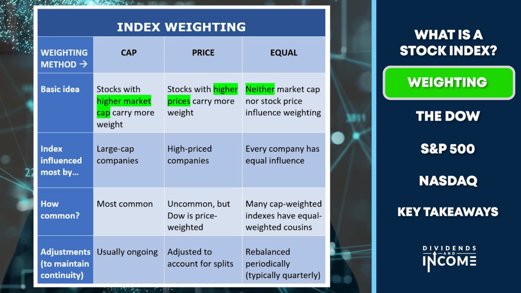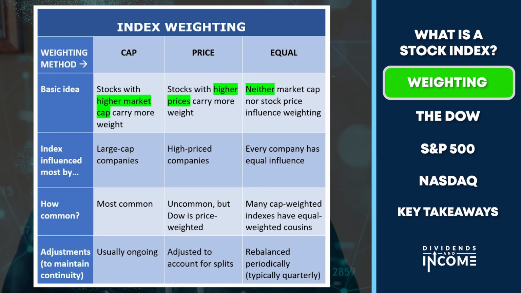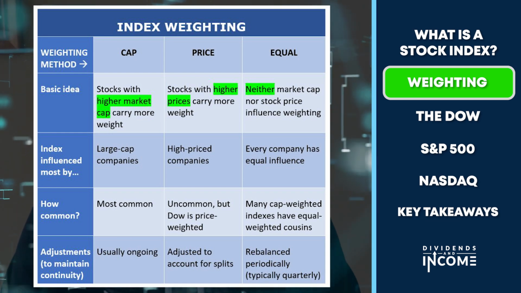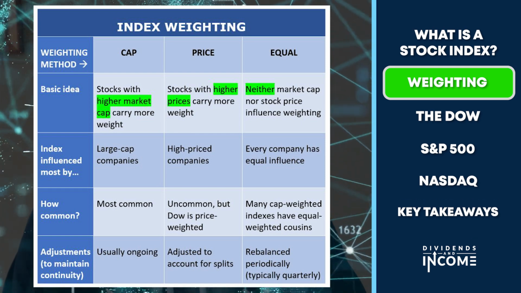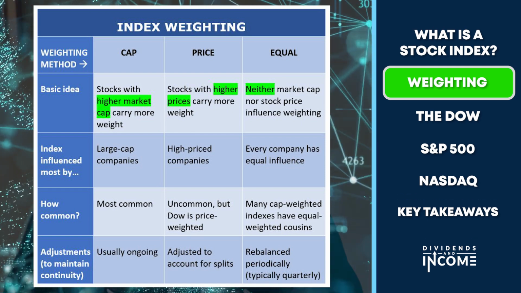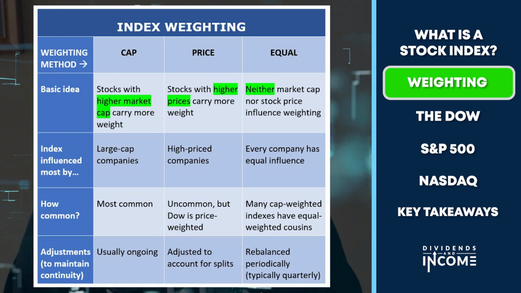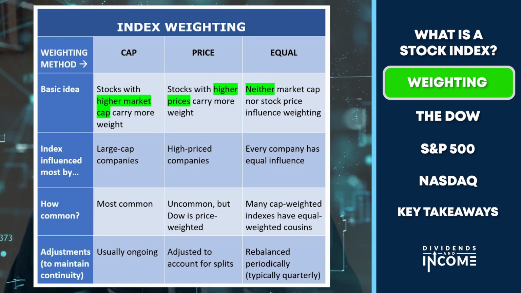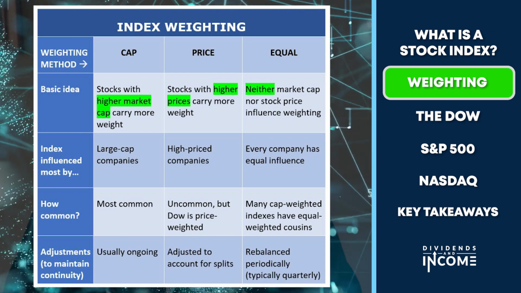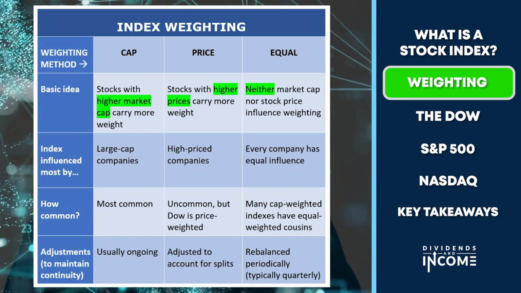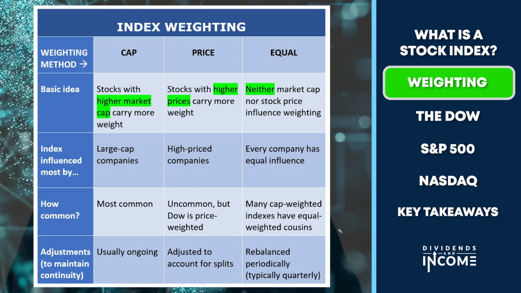With price weighting, since it's based on the price of the stocks, if a company splits its stock, say a company splits 2 for 1, that means it doubles the number of shares, and each one now is worth half the amount of dollars it was before the split. It didn't really change the value of the company, but it changed the price of the stock. An index that uses price weighting has to adjust for that in order to keep continuity in the index.